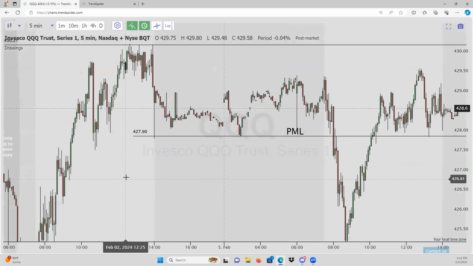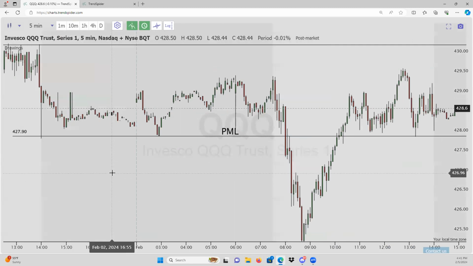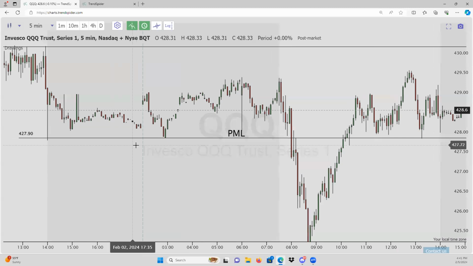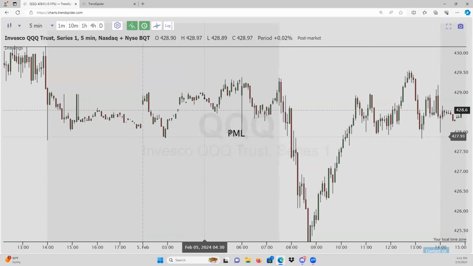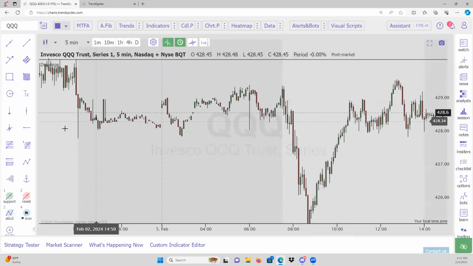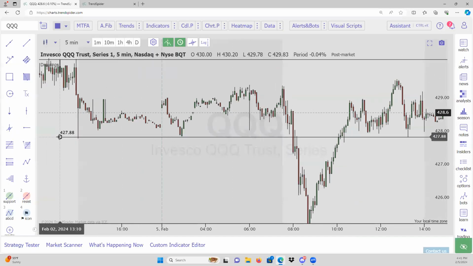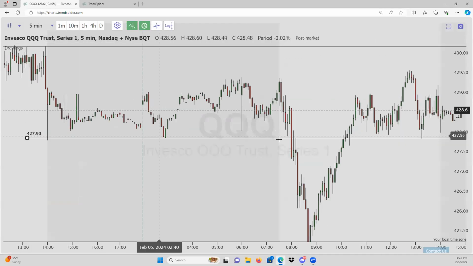What are some big levels that we want to look for? Well, one of the big levels we want to look for is the pre-market low. Now, a lot of you say you mark it every single day. That's great if you need that visual. Personally, I just marked it here to show you guys, but my chart's like this. I don't have a level there. I don't need it. Why? Because I can see it clear as day that that's the pre-market low. I don't need to draw a level to see pre-market low or pre-market high. Why? Because it's just on the chart. There's no reason to have to draw it. But if you need to, go right ahead as you're learning levels.